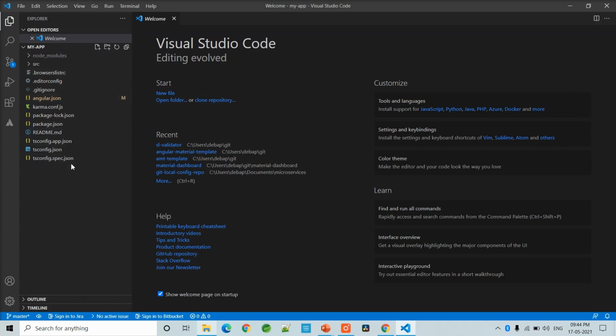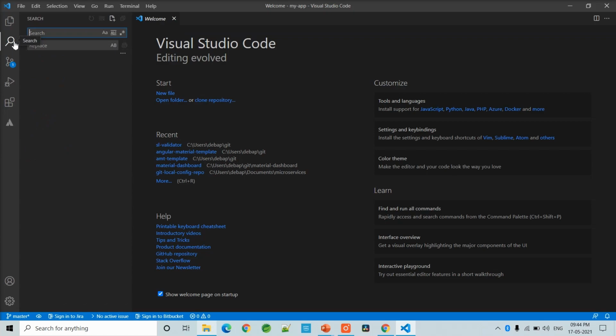These are all the files that were created by Angular CLI due to the ng new command. We will have a look at each of these files and discuss them in a later video. For now, let's look at the key areas of Visual Studio Code with which we are going to work on a day-to-day basis. On the far left side, you can see a few icons. Currently, this menu is open, which shows the project structure. The next one is to search for certain text across all of your project. This is very helpful to quickly search and replace text across all of your files.